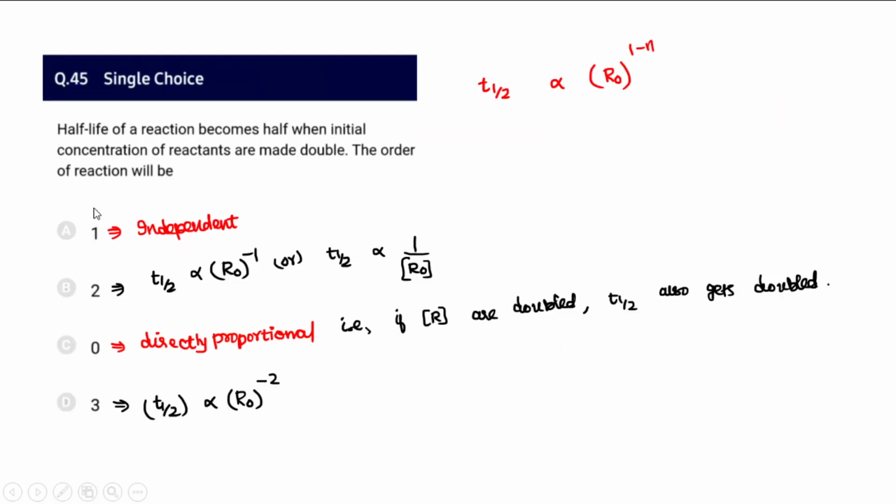And 45, the half-life of a reaction becomes half when the initial concentration is doubled. That is a characteristic of a second order reaction. For a first order reaction, the half-life is not going to depend on the initial concentration of the reactant. We know the expression is t half equals 0.693 by K. Whereas for zero order, it is directly proportional. When you increase the concentration to double, the half-life also has to double. But that is not happening as per the condition stated in the question. So therefore, only B meets the requirement exactly. A, C, D were found to be wrong and only B is the correct match.